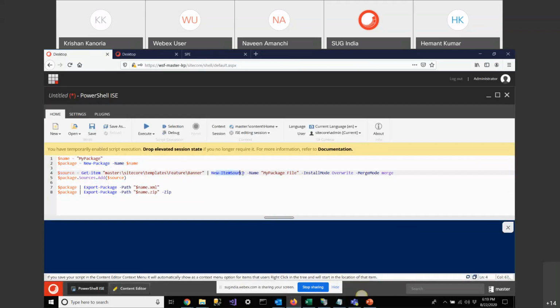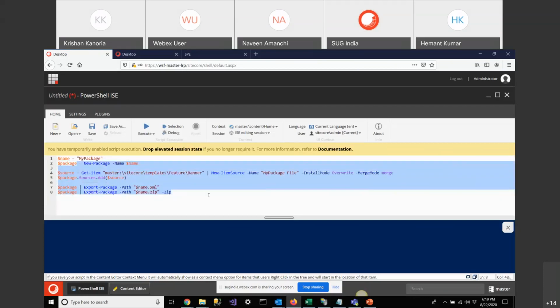Then this would be my item source. For install mode, I can provide overwrite or merge mode. After that, I can add this source to my sources. After that, there is an export package command. You can export this package as XML, and you can export it as a zip. In this way, you can export any packages using PowerShell.